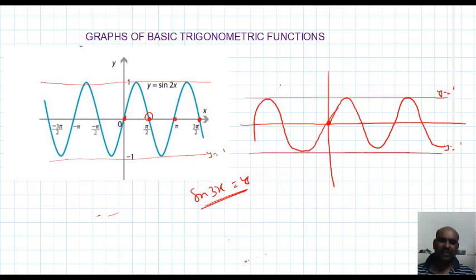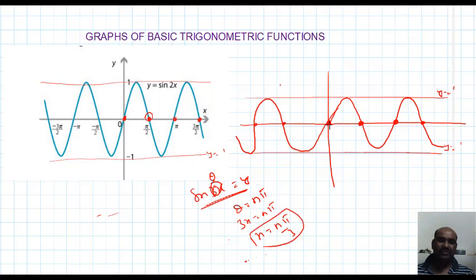This is the graph of sin x or sin 2x or sin 3x, not yet confirmed. After observing the coordinates of these points, you can tell whether this is the sin x graph, sin 2x, sin 3x, and so on. Now I want to identify these points. At this point y equal to 0, no? Now I want to find what values of x give y equal to 0. Just take it as theta. What values of theta give y equal to 0? Your theta should be of the form n pi only. What is theta here? 3x. So 3x equal to n pi. What is x? X equal to n pi by 3.